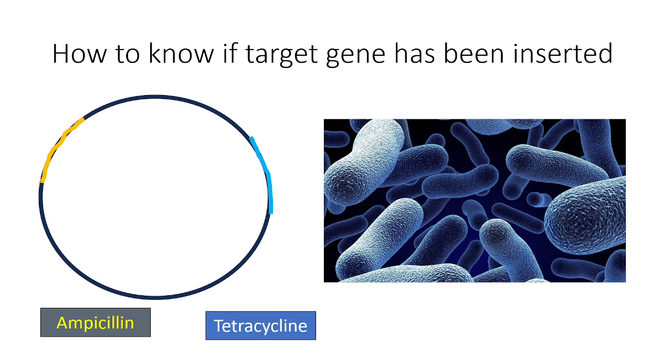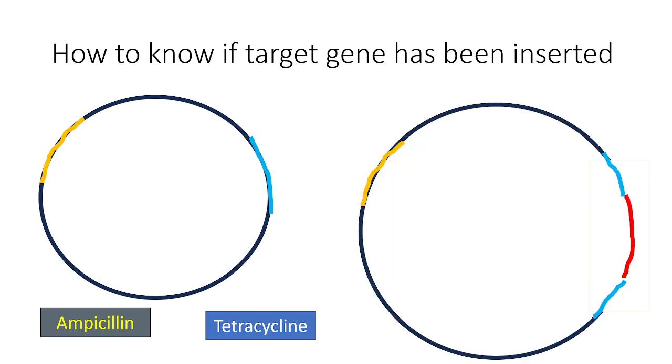To address that issue, we take the help of the second antibiotic resistance, that is tetracycline. The construct of the plasmid is such that the tetracycline antibiotic resistance gene has got the same restriction site that we used when we were trying to treat our primary DNA and tried to make it join to the plasmid. So the restriction enzyme will cut here. Okay. If my target DNA of interest has integrated, it would integrate in between the gene that is conferring resistance